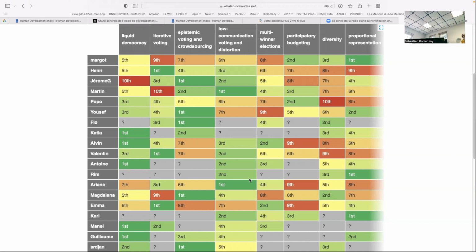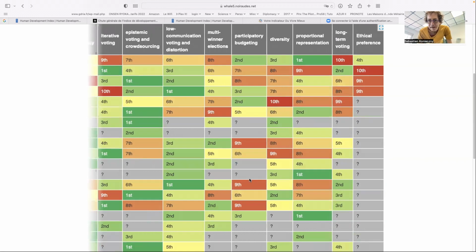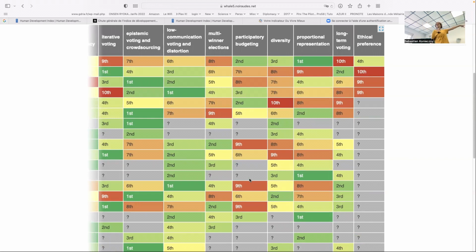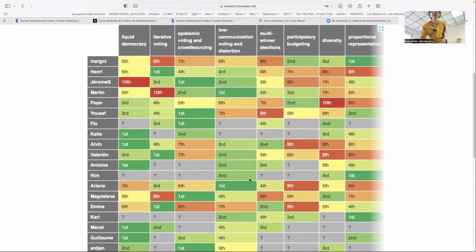Is there a topic that is ranked first by at least n/3 voters? Probably not. In that case, we would eliminate the candidate who is ranked first the smallest number of times. That would probably be ethical preferences, which was added by someone. Then of course you adjust the rankings, because the plurality scores of the candidates will change when you eliminate candidates, and you iterate until you have exactly 3 candidates remaining, and these are the winners.